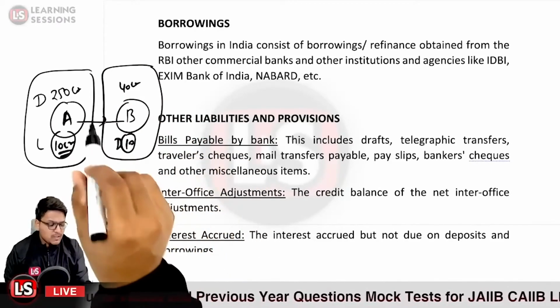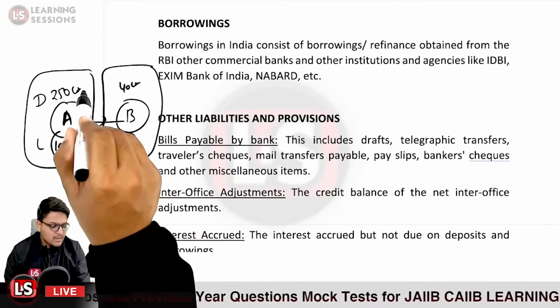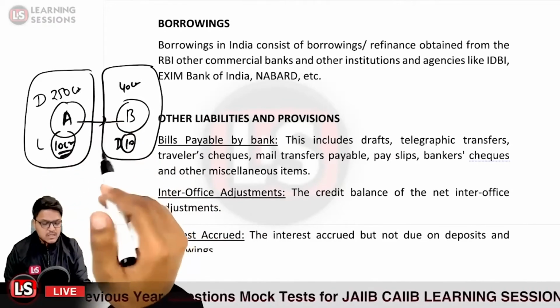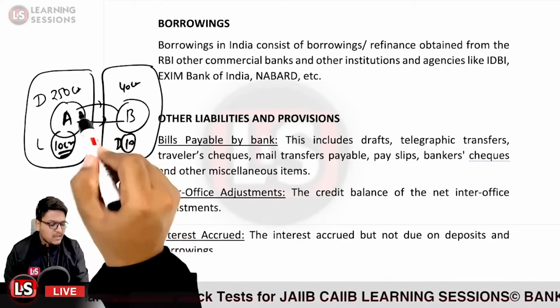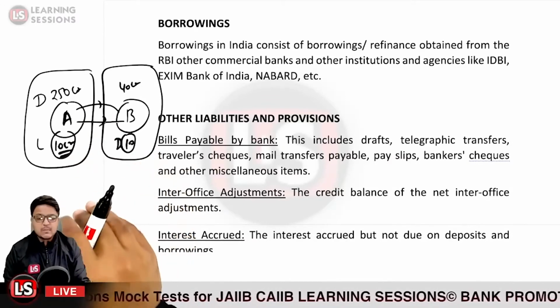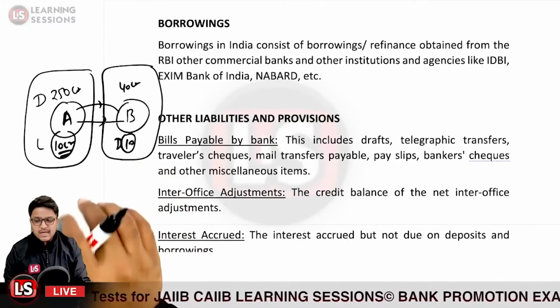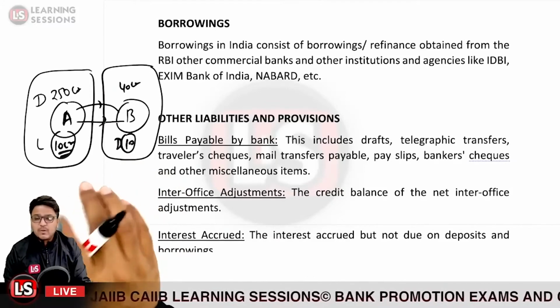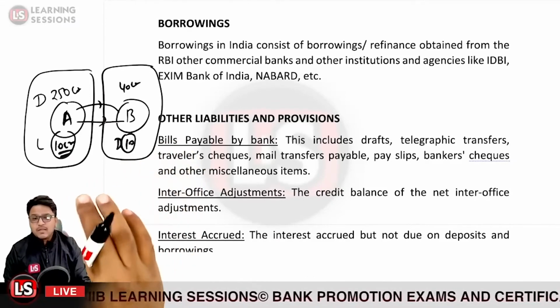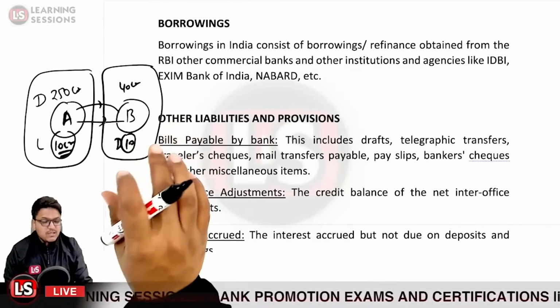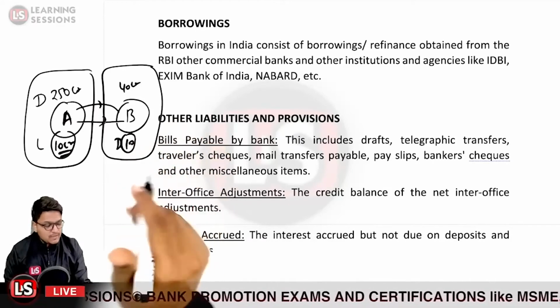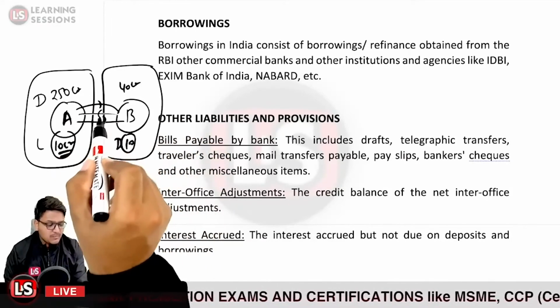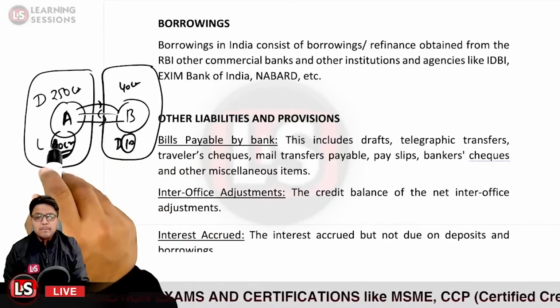So there will be an outflow of deposits from branch A, which has the surplus of deposits, to branch B at arm's length price. Arm's length price is the price at which it would provide deposits to any other free player in the market. So it will charge that much interest rate, and that would be an extra income for branch A itself.